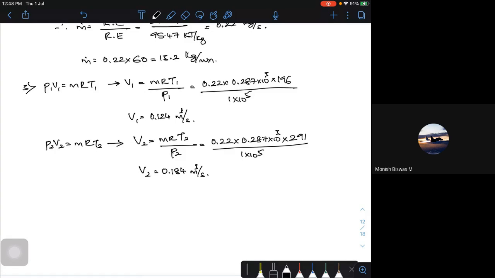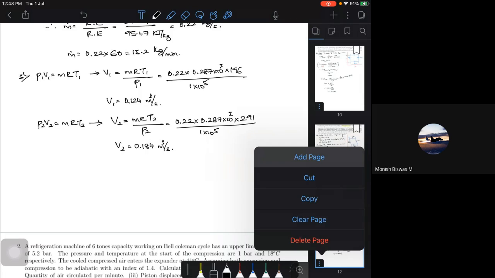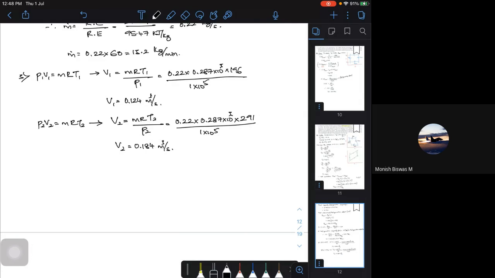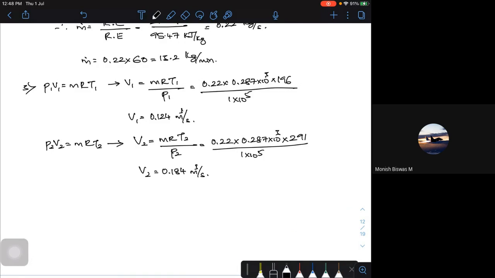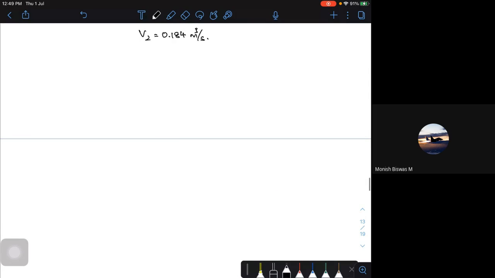Now, see, this is the volume they are given. I need to find the diameters. This is the corresponding volumes what I have. How to go ahead and find the corresponding diameters? And one more thing, they are telling that it is a double acting machine. So how to find it actually? Let's go and see here. This particular formula is very, very important.